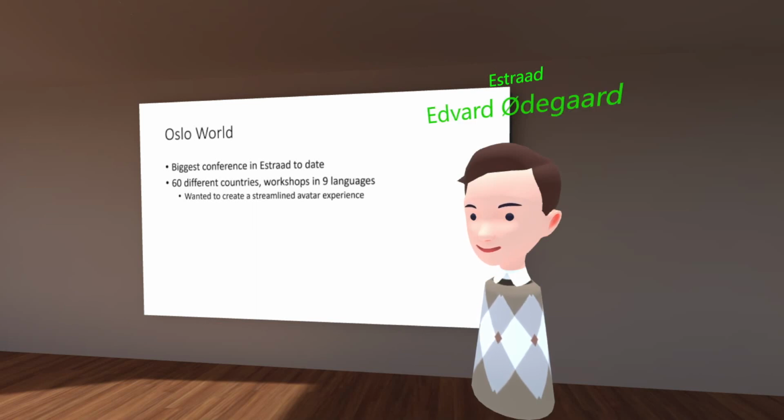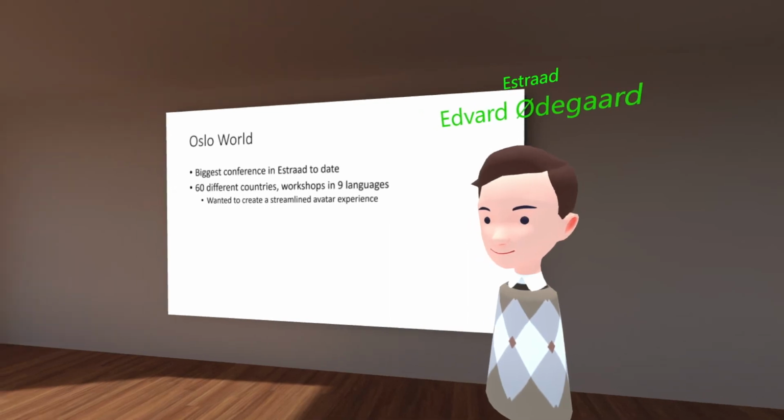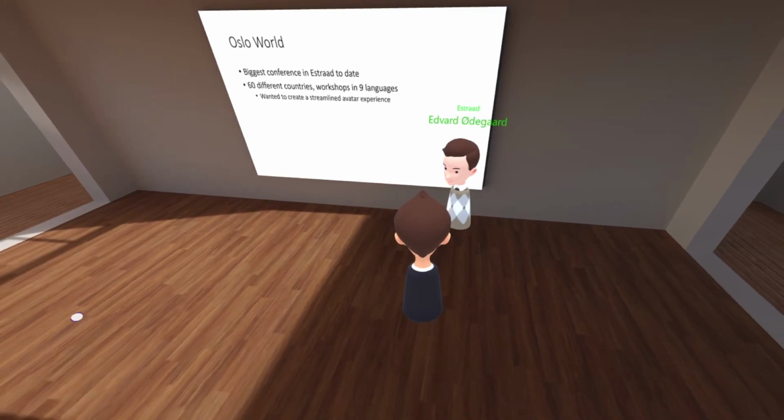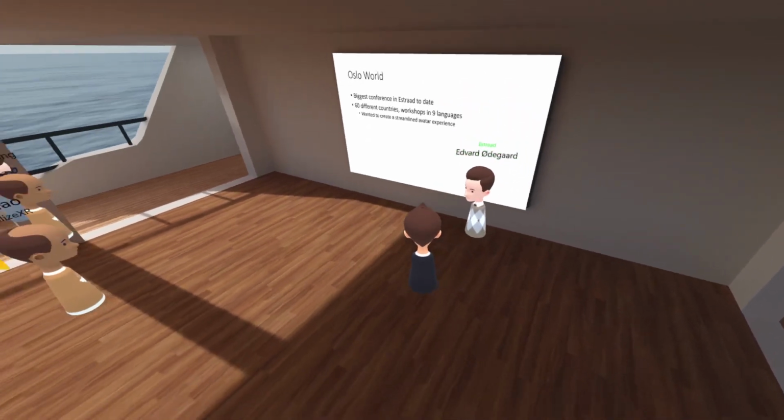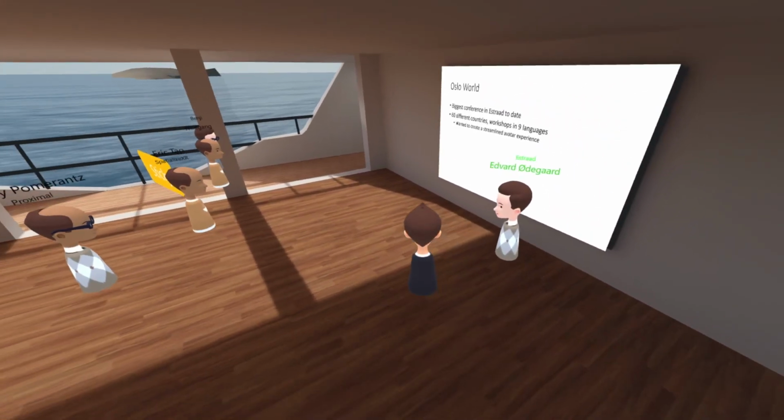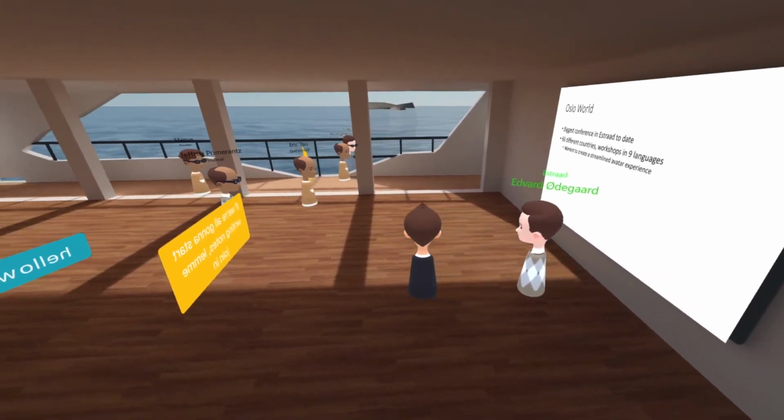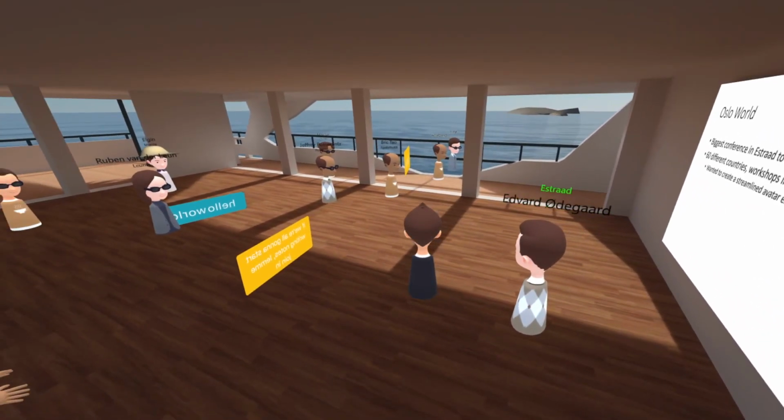And we use these a lot for annotations and doing workshops. We create scenes that are basically set up in a way where you can place these in structured ways. And then we have billboards and stuff where you can bring images or text in real easily with this kind of feature. So these are some of the things we did for Oslo World, and it was really fun.